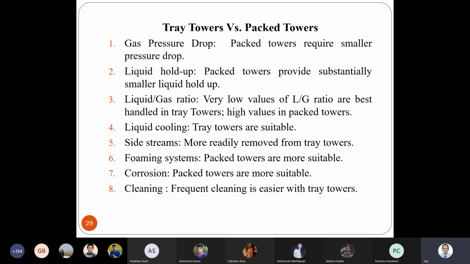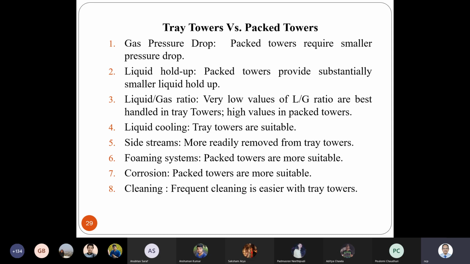So for your system, if we don't want your liquid to remain inside the tower for a longer period of time, then obviously we will not go for the tray tower, right? Why not? The situation may arise that if we keep the liquid inside the tower for a long period of time. High liquid hold up means basically that liquid is remaining inside the tower for a longer period of time, or the holding time, contact time or residence time inside the tower is high.